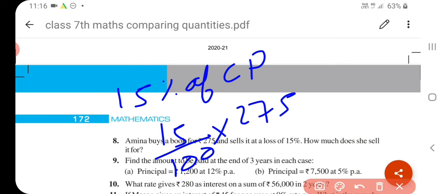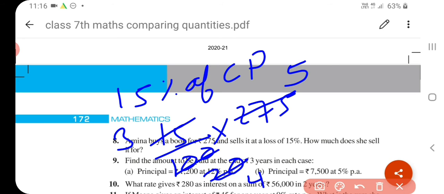Okay, so when you solve it, you get the answer. And what do you get? You get the loss. Okay, so you have to find the SP. So first of all, 5 के टेबल से अगर कट करेंगे आप, 5 2 ज़ा 10, 5 3 ज़ा 15, अगेन 5 4 ज़ा 20, 5 5 ज़ा 25, 5 5 ज़ा 25. ओके, सो अगेन आपको क्या करना है, इसका मल्टीप्लिकेशन कर लीजिए पहले.